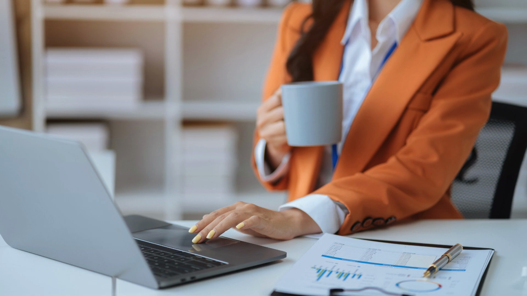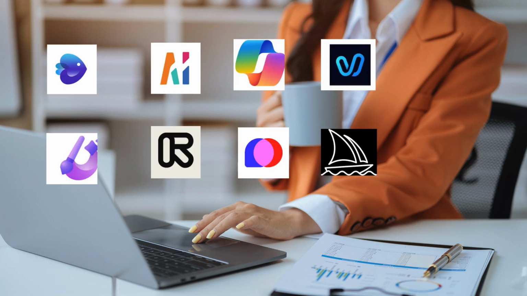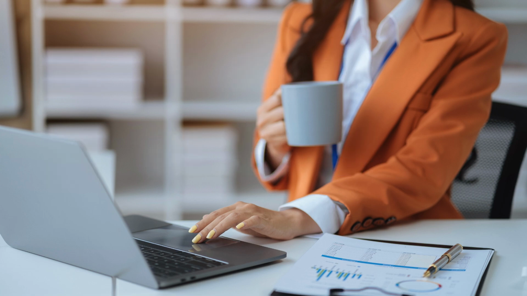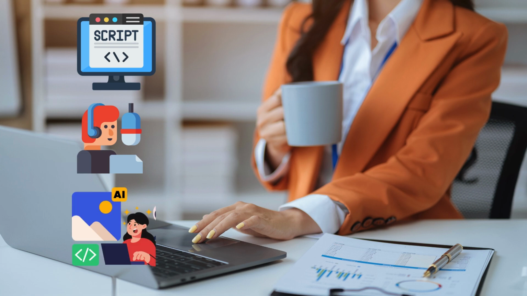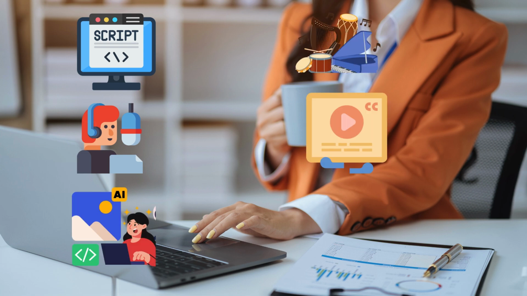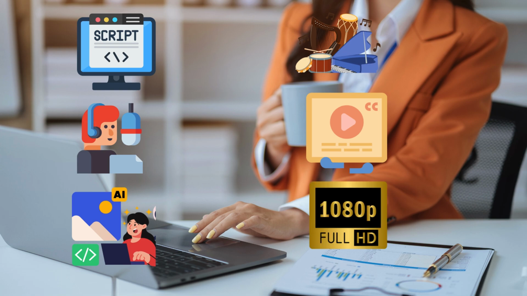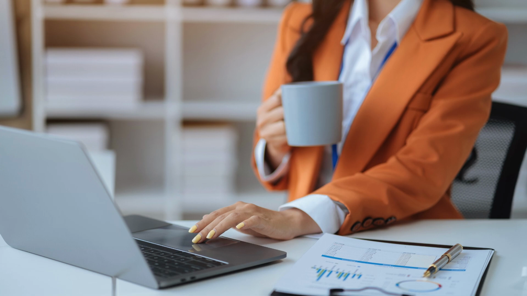These days, there are a lot of AI video making tools available, but today I want to introduce you to an AI video generator that's built right into ChatGPT. This tool is part of the free version of ChatGPT, and you can log in directly through ChatGPT. Not only does it generate scripts for you, but it also adds voiceovers, images, stock videos, animations, background music, subtitles, and even gives you a free option to download your video in 1080p. The features of this AI video generator are so comprehensive, you might not find anything quite like it in other